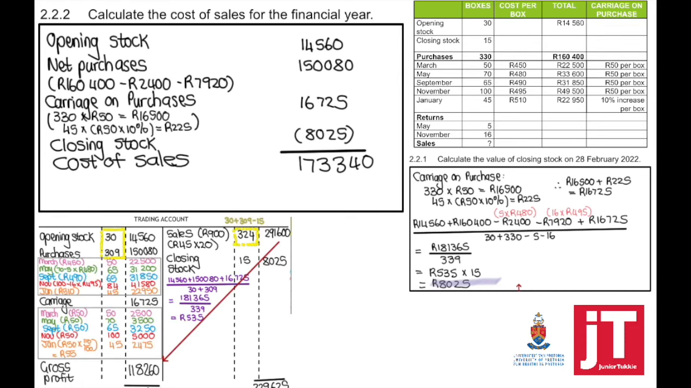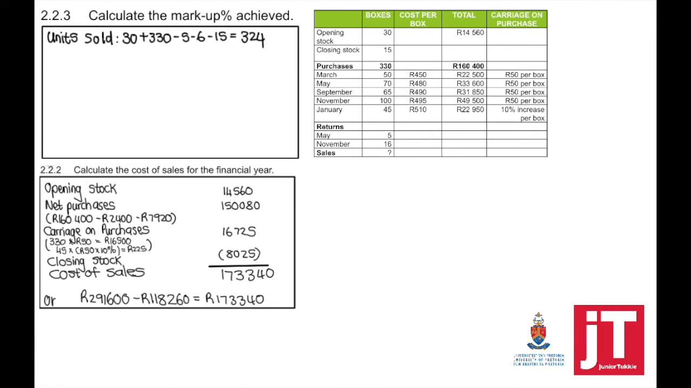If you look at the trading account, we can take sales minus the gross profit. That will equal exactly the same answer. To calculate the markup percentage achieved, you have to first calculate the number of units sold. Remember, this is now if you haven't done the T account. So to calculate the number of units sold, it is opening stock plus the purchases minus the returns